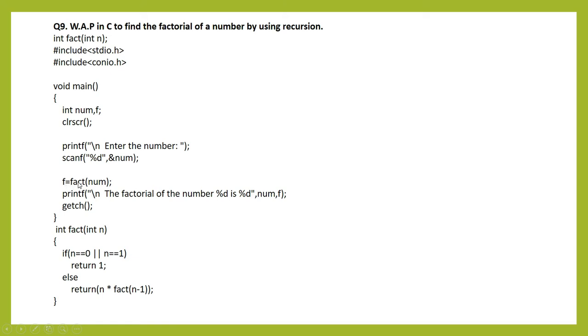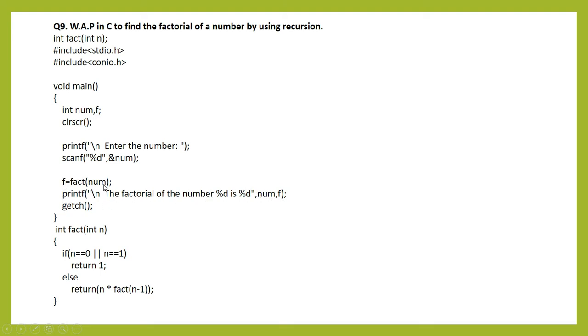This fact function, from this point it moved to the fact function, means here it moved to this part. So here in num we are storing 3, so 3 is passed to where? N. Okay, so now it checks whether the n value is 0 or 1, then you return. If it is not 0 or 1, then go for what part? That 3 into fact of 3 minus 1. Okay, in such a manner, then 2 minus 1. So at last this function is giving you the result 6, then that is stored in where? In f. Okay, then we have to print the factorial of that number as f.